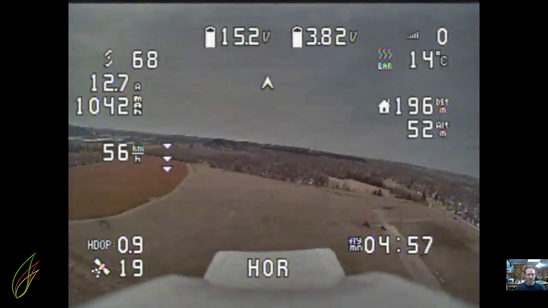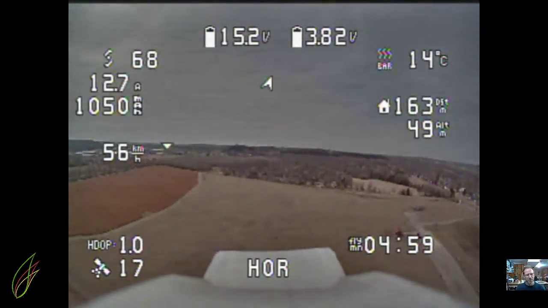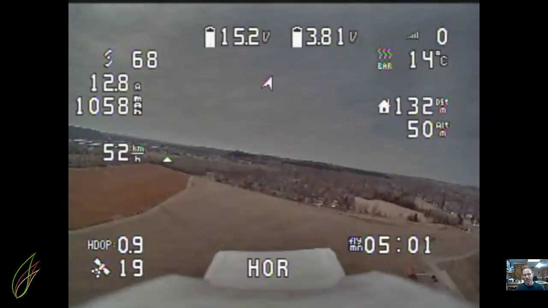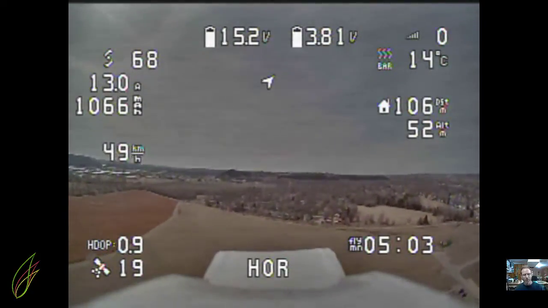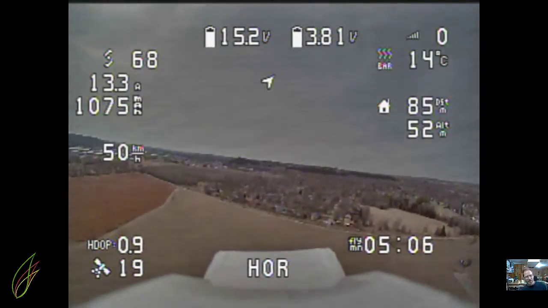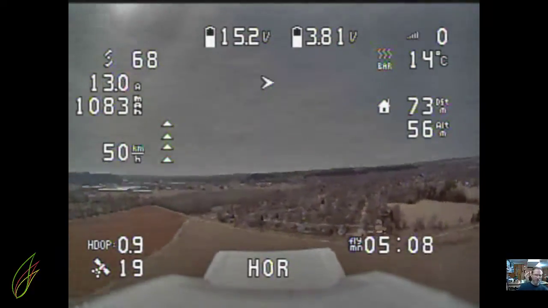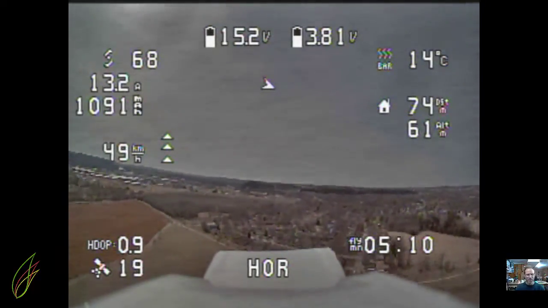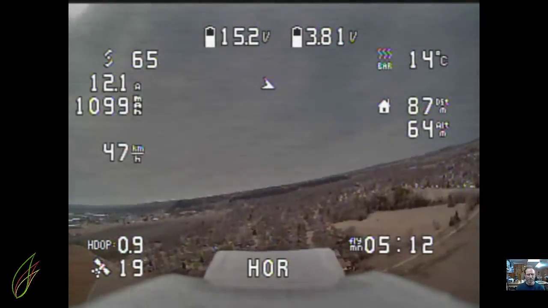I think you want that to be 1. Do I know? I don't know. The lower the better, but 1 or below. 19 satellites, I'd say that's pretty good. That's what's below there. And then in the middle bottom is horizon mode, and I don't know if I had the mode set up right on this flight,